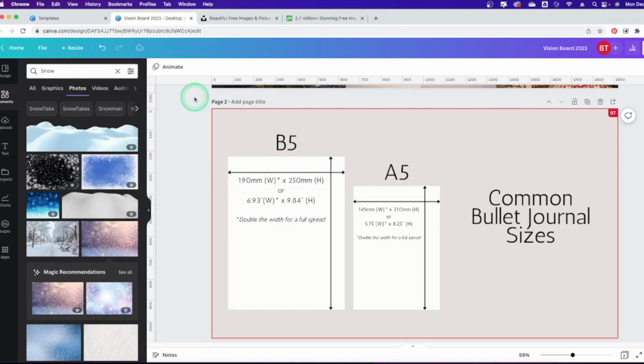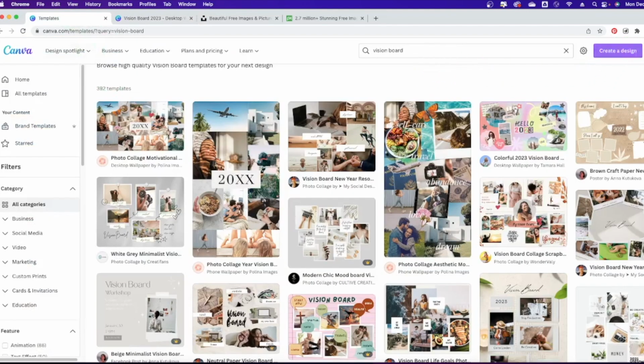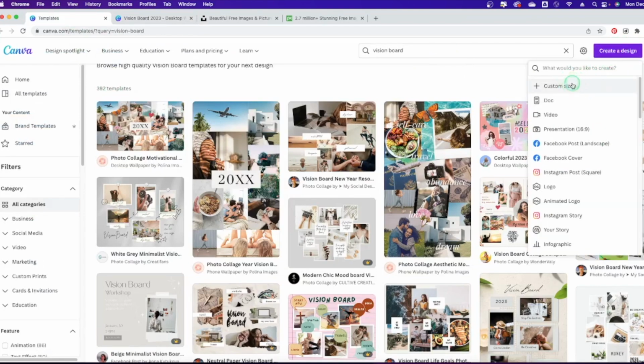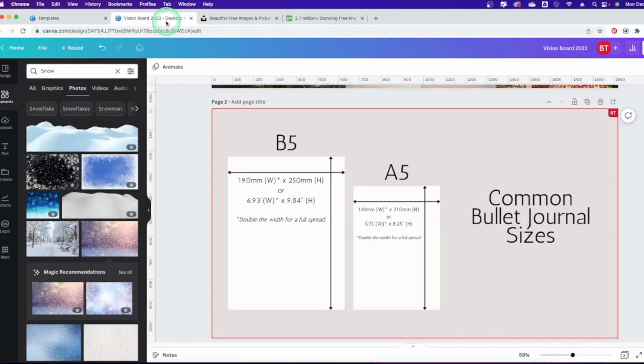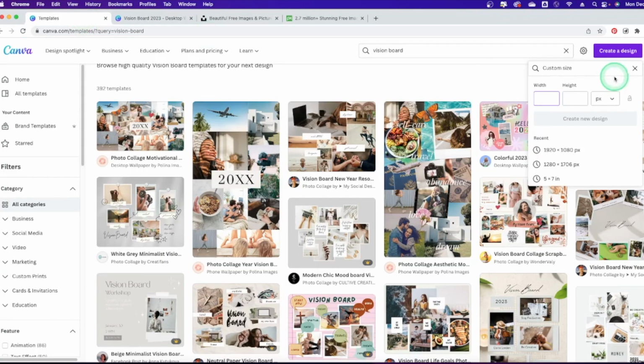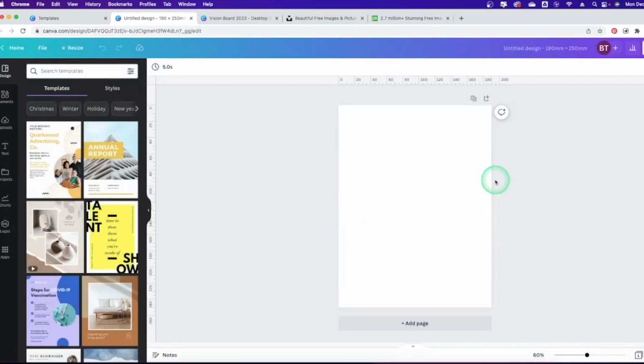Just as an example, back on Canva, you just click up by your initials once you create your account, create design, custom size, and hopping back over real quick, 190 millimeters by 250 millimeters. So we could change this to millimeters, put in 190 by 250, create new design, and you have the B5 size where you could create your vision board and then print it